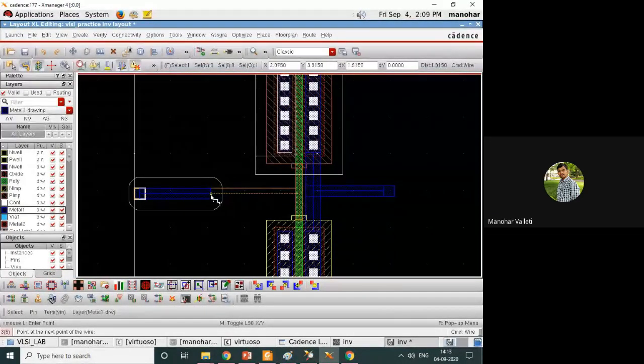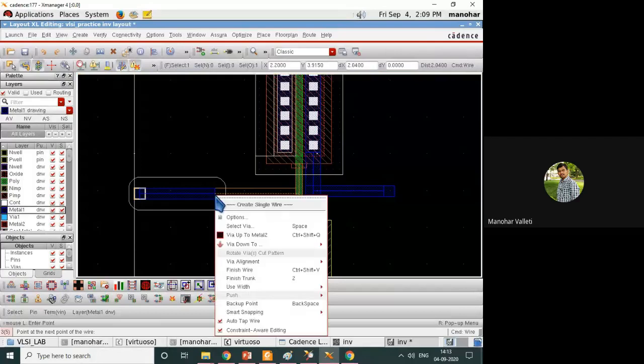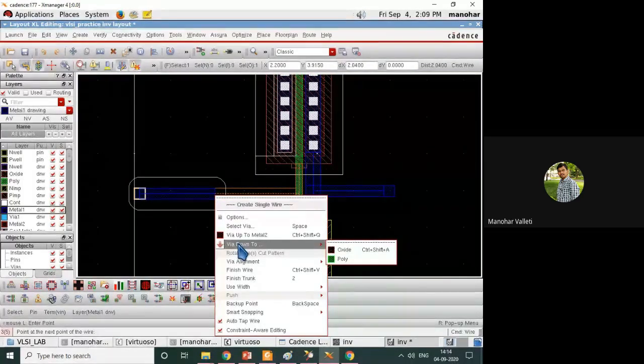So you need to use a via between two different materials. Right click it, via down to, via down to poly, because you want the metal to be converted to polysilicon, so that after the via, whatever is coming is the same as the gate, which is polysilicon, right?